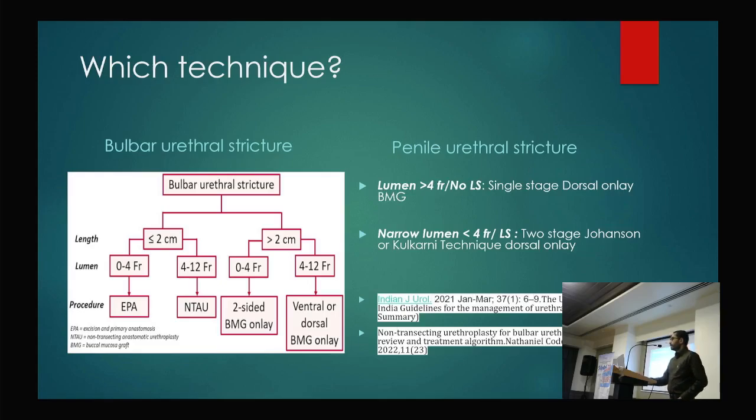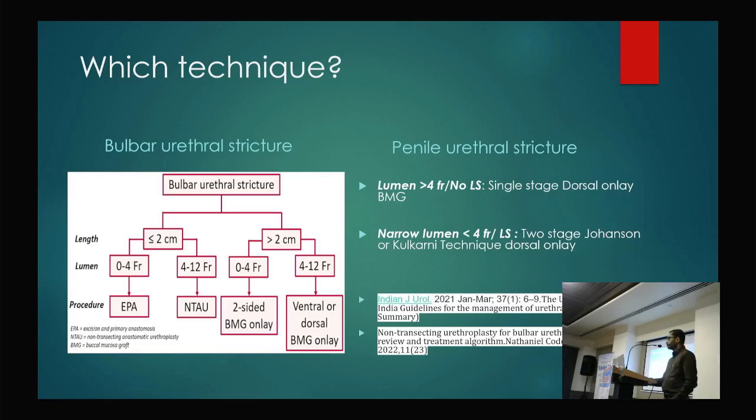What it says is that in penile urethral stricture, whenever the lumen diameter is more than 4 French and without any lichen sclerosus or BXO, single stage dorsal only urethroplasty is the preferred treatment of choice. When there is a narrow lumen less than 4 French or in the presence of BXO, we have two options, either to go for a staged urethroplasty or the option of dorsal only urethroplasty with unilateral mobilization as described